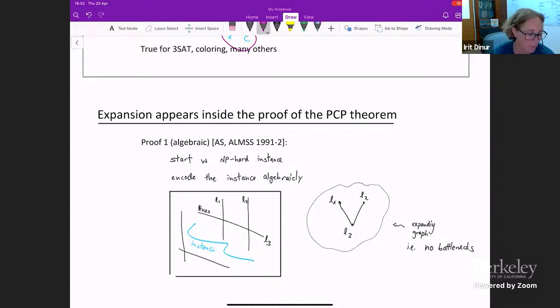Because the proof of the PCP theorem, what does it do? It's a reduction. So you start out with an instance you don't know anything about. It's an NP-hard instance. And then you encode it and change it, and you get a new instance where now you have a gap. So previously you only knew that either the value is 1 or it's not 1, and that's NP-hard. And after this algorithm that is part of the proof, you get a new instance that now has this gap. Either the value is 1 or it is much smaller, like 0.99. So there are 2 different proofs for this theorem.